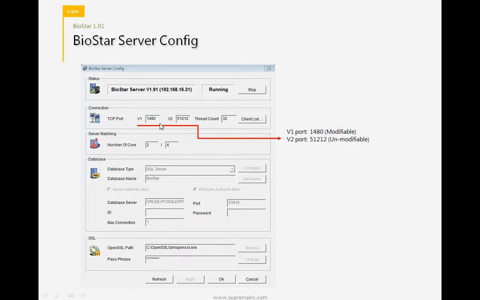The only difference is that we can now set a different port for version 1 devices and version 2 devices. The port for version 1 devices can be changed from 1480, which is the default, but for version 2 devices it cannot be changed. It must be 51212 as a default.